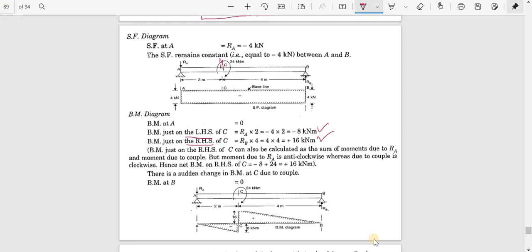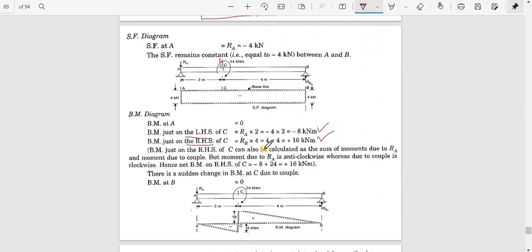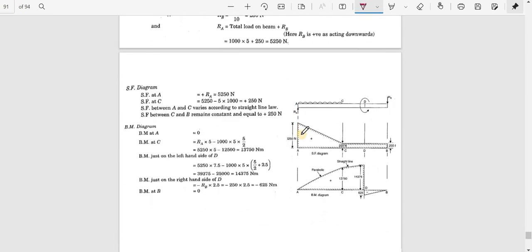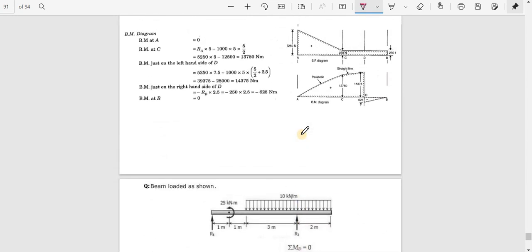Therefore I am drawing the figure. So this one it is 0. To the right hand side it is minus 8 and here it is positive 8. So my bending moment diagram will be like this. This will be 16 kilonewton meter and this will be 8 kilonewton meter. Okay, so this is how I can find out the bending moment and shear force diagram if a moment is acting. Similarly a moment with a UDL, a problem is also given here. You can just work out these types of problems and find out if any doubts are there.